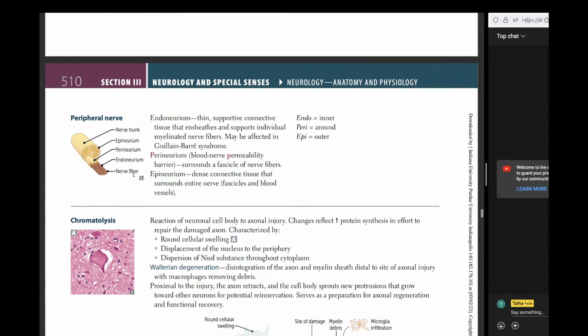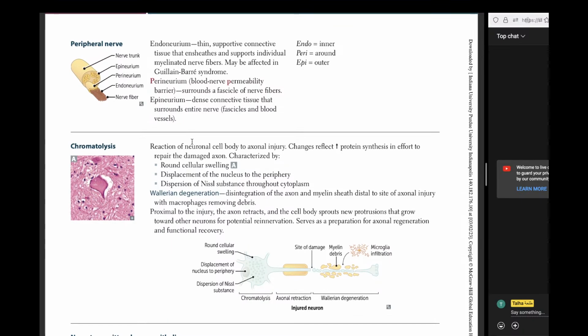Peripheral nerve. Okay, yeah, we know that. Endo, peri, and epineurium. Okay, that's fine. I can just read this quickly. So for the peripheral nerve, your endoneurium is thin supportive connective tissue that ensheaths and supports individual myelinated nerve fibers, may be affected in Guillain-Barré syndrome. Perineurium is the blood-nerve permeability barrier. It surrounds a fascicle of nerve fibers. And epineurium is the dense connective tissue that surrounds the entire nerve, including the fascicles and blood vessels. Okay,